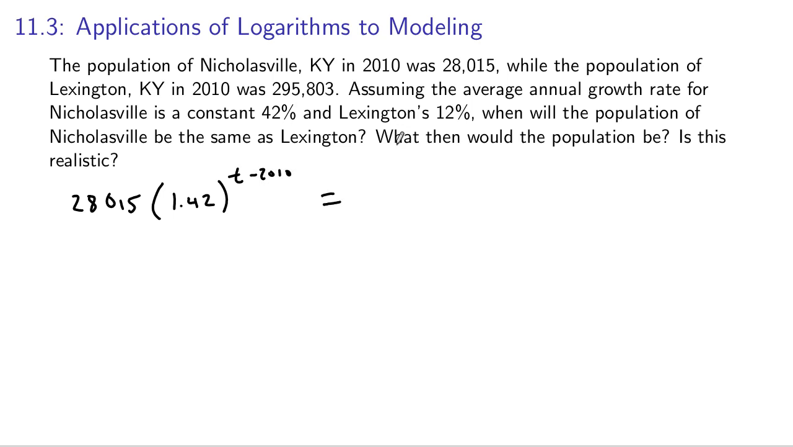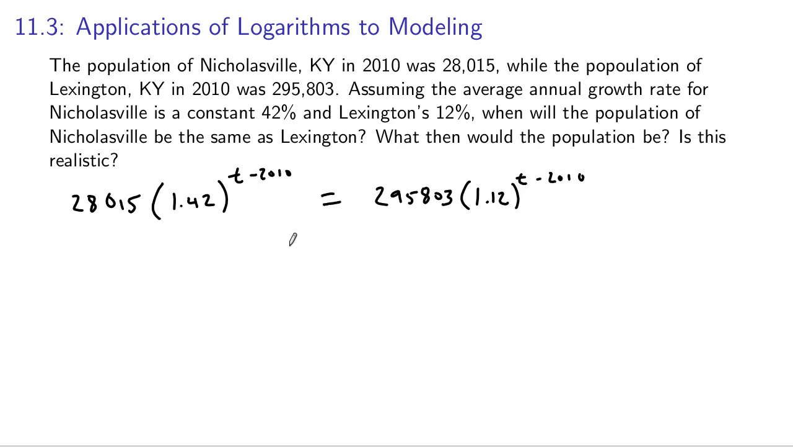We want to know when these are equal, because we're trying to find out when the populations are equal. So the growth of Lexington is modeled by 295,803, and the growth factor here is 1.12 for the 12% growth rate, to the t minus 2010. Okay, so